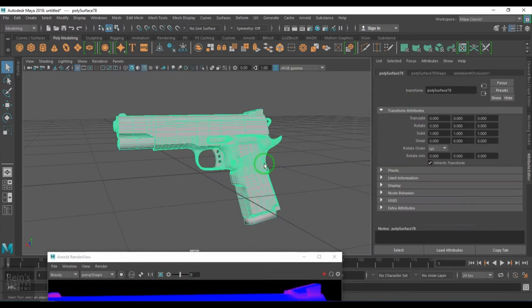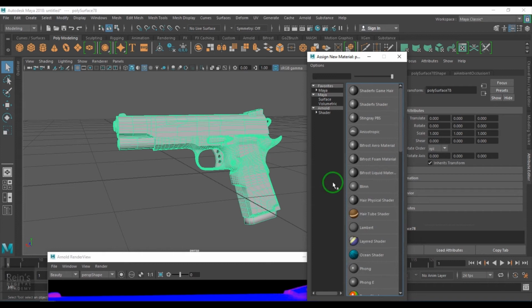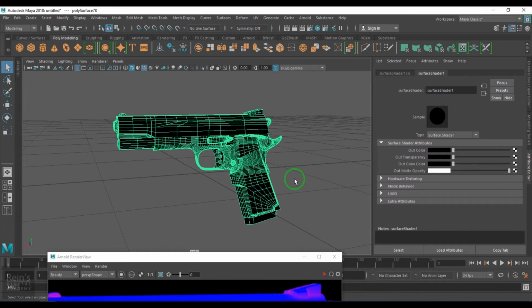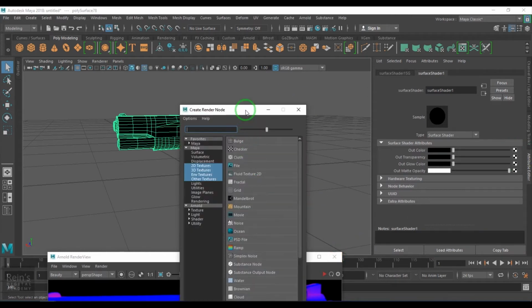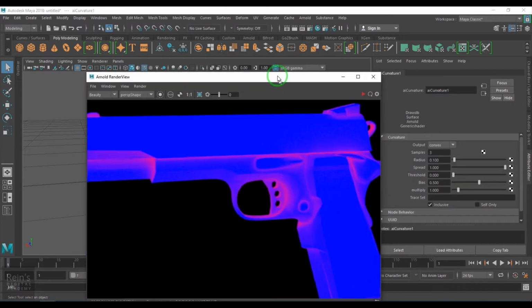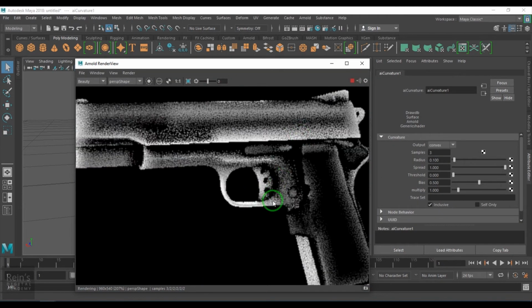Alternately, I can select the model and choose a flat shader. I'll use the Maya surface shader here, which gives me a flat color. In the color I'll browse for an Arnold texture, and that is AI curvature. Just click that and go ahead and render.